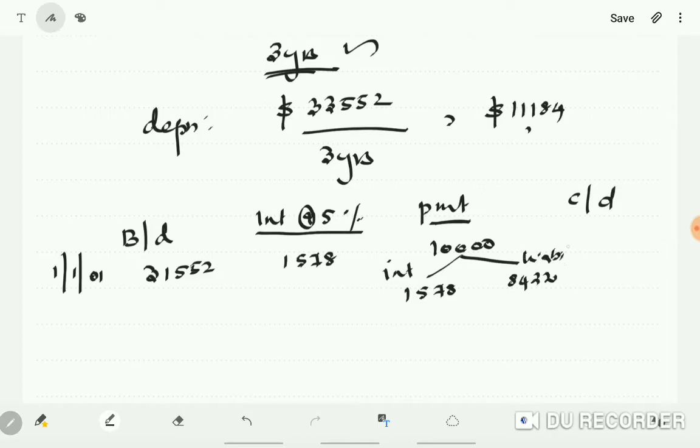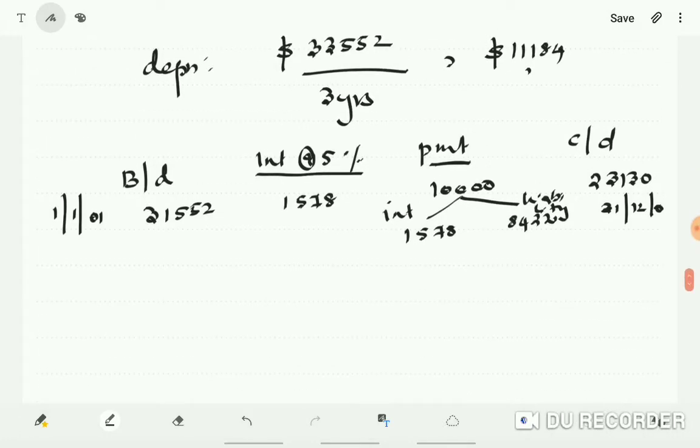What is the balance? From 31,552 they paid out 8,422, so the remaining amount is 23,130. This is on 31st December 2001. But this 23,130 we have to split into current and non-current liability. So we'll do one more year. Whatever is payable within the next 12 months will be a current liability. So this is the beginning of 2002, and the liability amount is 23,130.